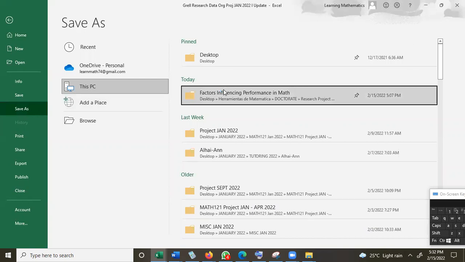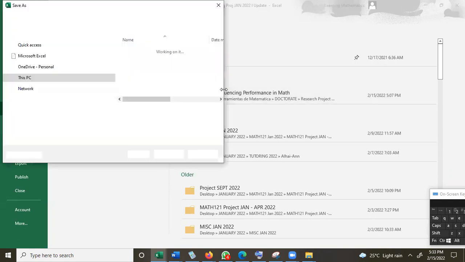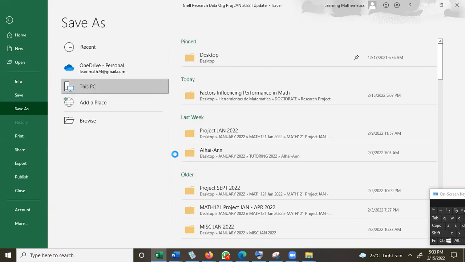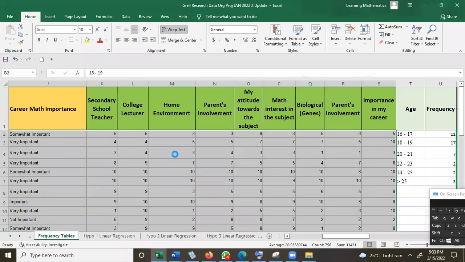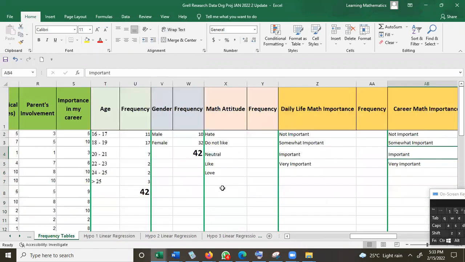Because when you are doing a research project, it is always good to have backup copies in case something happens and you have to start all over again. I've seen cases where persons lost all their data and have to start back from scratch in real research, and you have to submit and so forth. So please bear that in mind. Make extra copies. And the reason why we are doing that is to facilitate the completion of this frequency